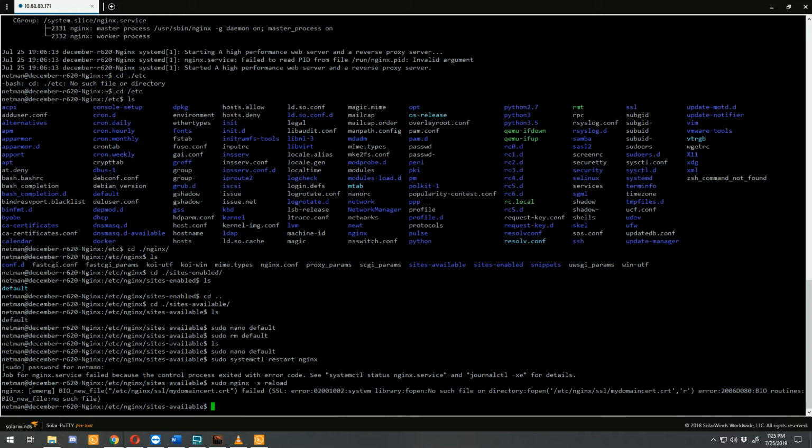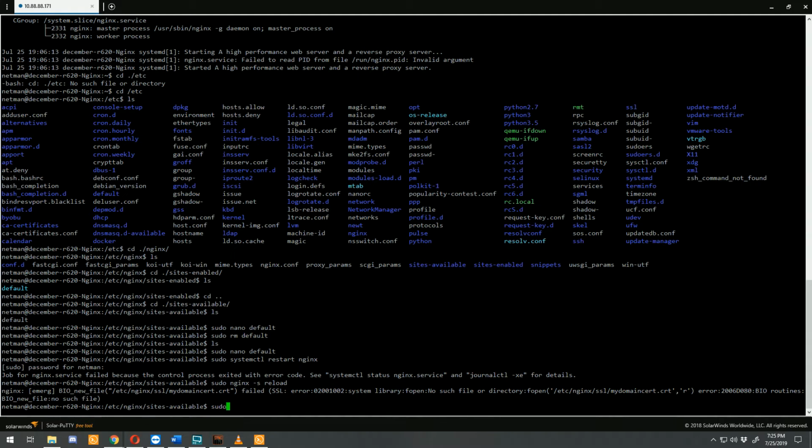Okay, here we go. So this one says that the file mydomaincert failed. Okay, yeah, so this is a certificate error. This is because we don't have any certificates yet. So what we have to do is generate them and put them in the domains that we specified in our configuration file. So to do that, and again, this is in the description below, but if you want to follow along,